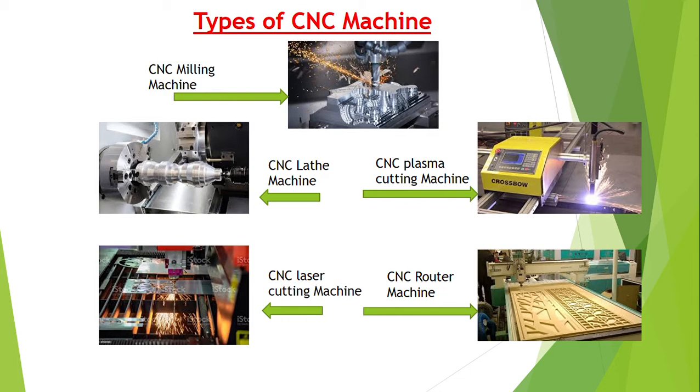The second one is the CNC lathe machine. The lathe used in turning centers operates by rotating cylindrical material rapidly on the spindle. While the material is rotating, a cutting tool is used to shape the piece into the desired form. CNC lathes are ideal for manufacturing symmetrical objects that have conical, spherical, or cylindrical shapes.